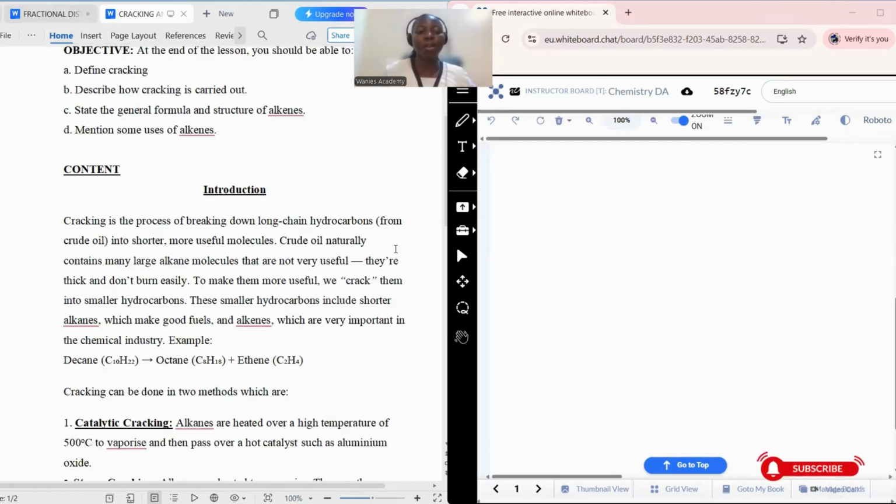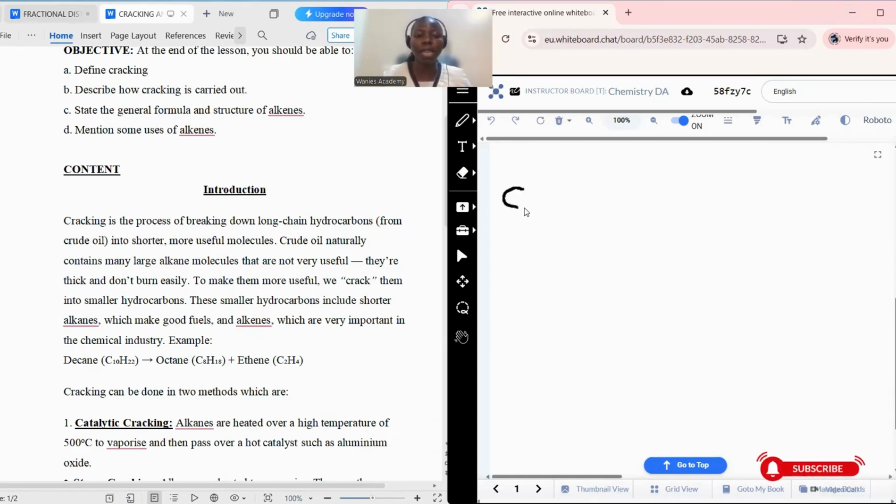What is cracking? Cracking is the process of breaking down long chain hydrocarbons from crude oil into shorter and more useful molecules. So crude oil naturally contains many large alkanes that are not really useful. We can't use them in that form because they are thick and they don't burn easily. So to make them more useful, we have to crack them into smaller hydrocarbons, just like how you crack your biscuits into smaller ones. So these smaller hydrocarbons include shorter alkanes, which make good fuels, and alkenes, which are very important in the chemical industry. For example, we have